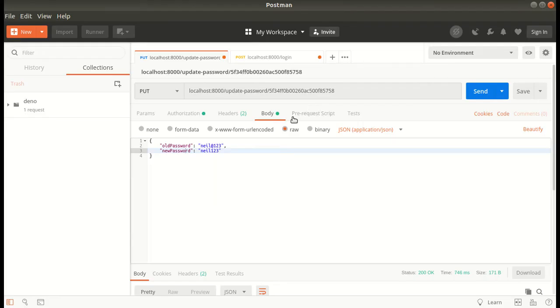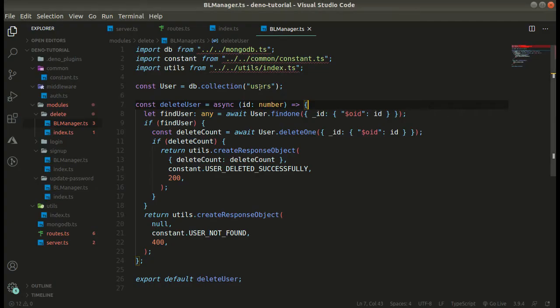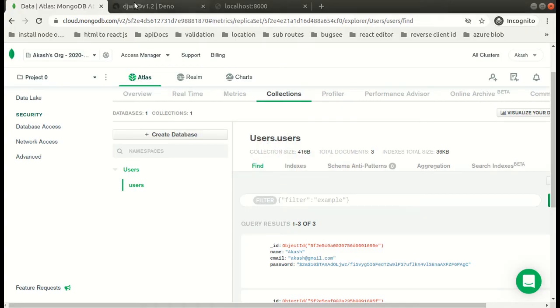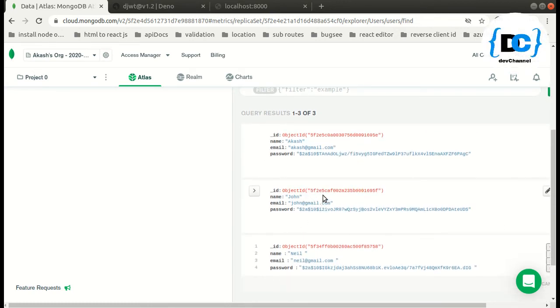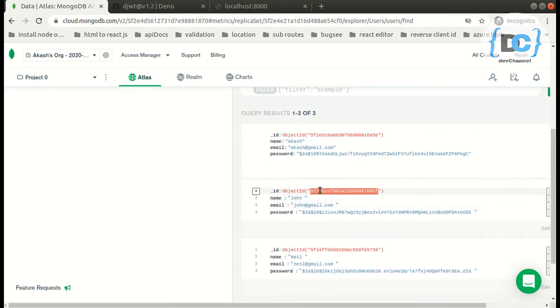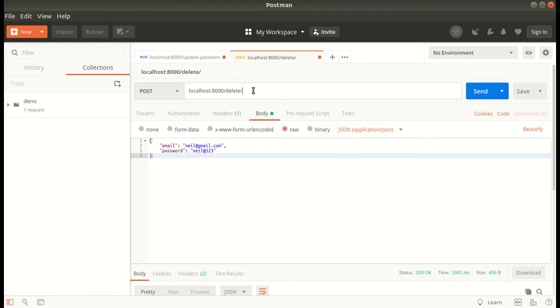Cool, let's try this with the help of Postman. Let's modify it over here. It is delete, delete slash, let's get the user. So friends, let's try deleting this one, with this object id over here.